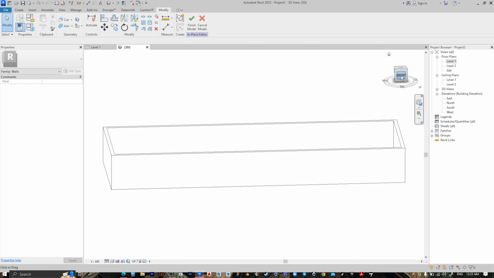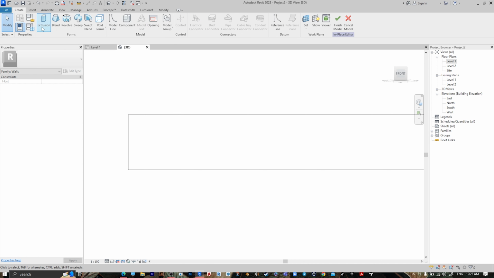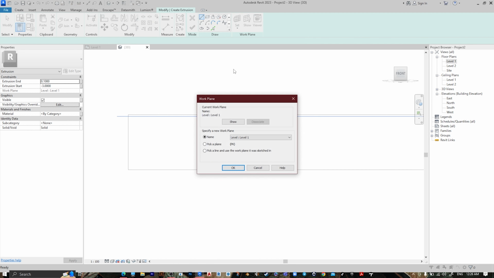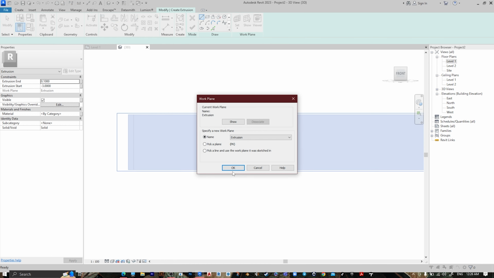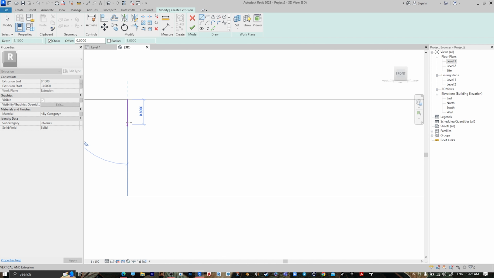Go to Front, also create extrusion, go to set work plane, and pick a plane, then press OK, and choose this wall, and start drawing your slope. Like I want half meter, let's go 2 meter,